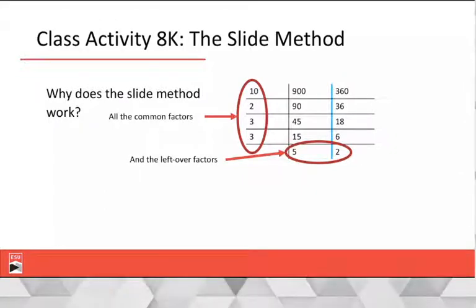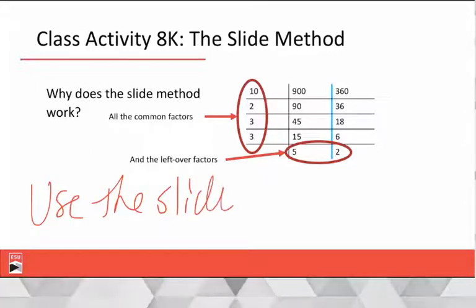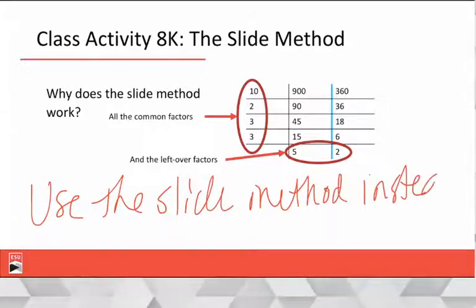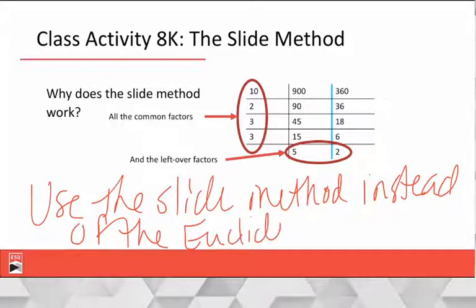Now I do want to make a note. In the homework, it says to use the Euclidean algorithm, and that's really the slide method. So let me write that. The Euclidean algorithm is different, but I'm not going to be covering that, and I forgot to change the directions in the homework. And so this will be in an email. But use the slide method. So they're not the same, but use the slide method instead of the Euclidean algorithm